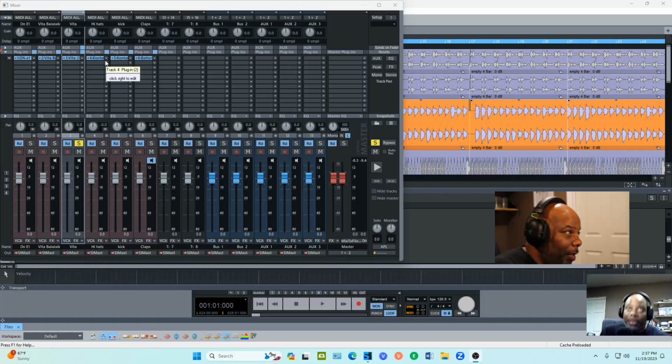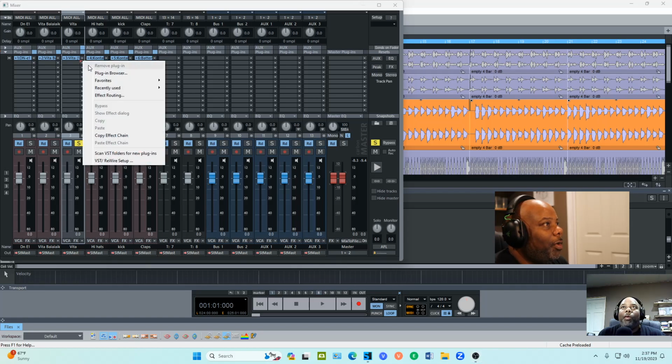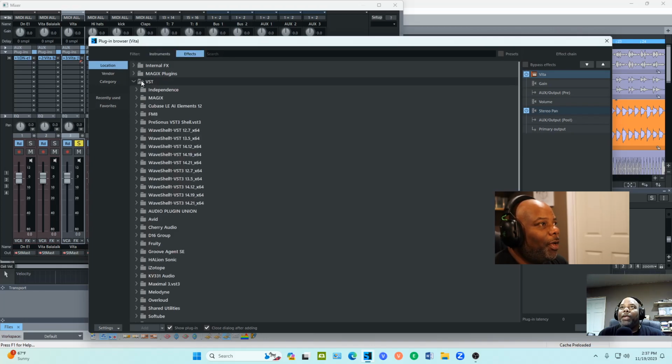I was playing the bass, right? So, when using other VSTs to scope your sound, is that an issue? Right here, I use Samplitude Pro, which is a Magix joint. Yes, I'm somewhat in the way. So we'll go to effects. We could do the eternal, but we're going to do our VST folder.